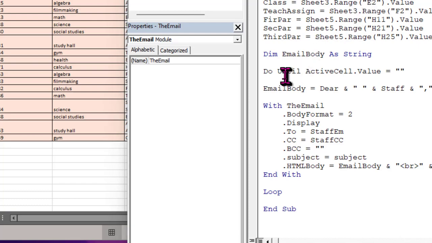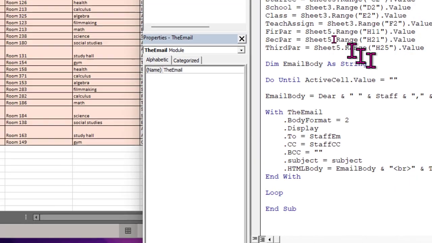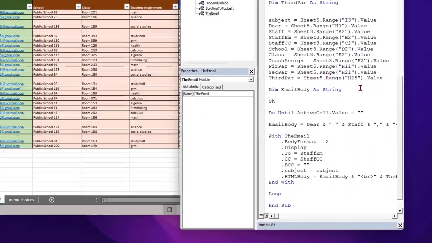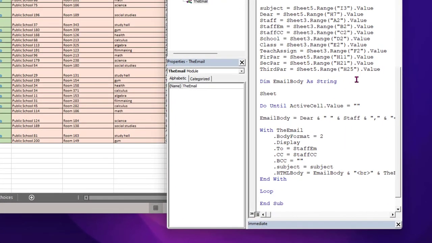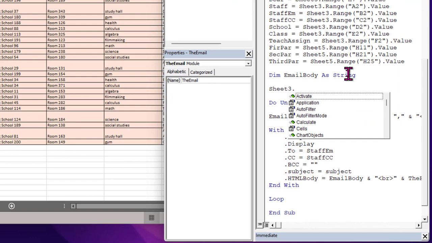But we also need to be able to tell Excel where to begin. So outside, we have the do until loop right over here, but we want to tell Excel where to begin. Where is the first active cell in the sheet? The first thing we're going to do is tell Excel which sheet will be the active sheet. So assignments by staff is sheet 3. So we're going to say sheet 3 dot activate,